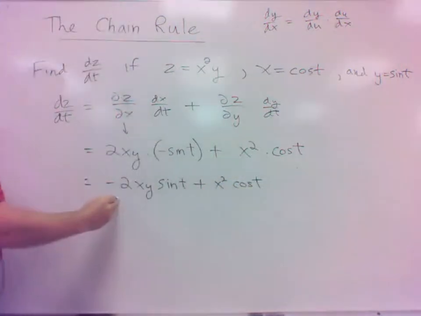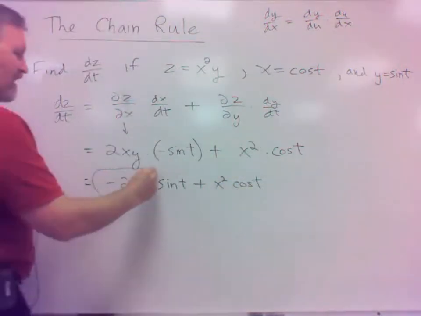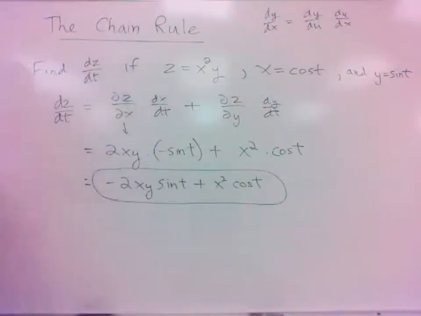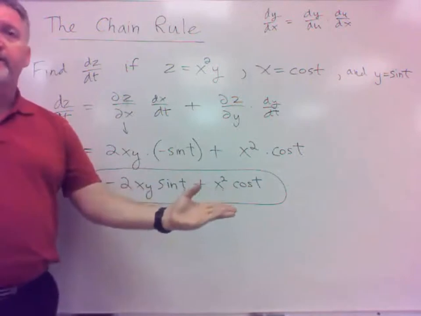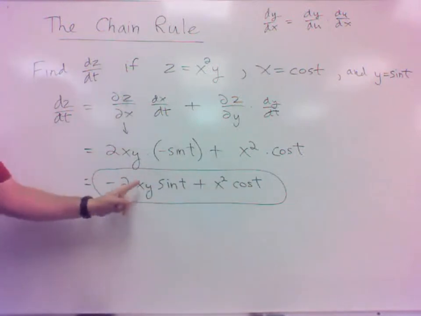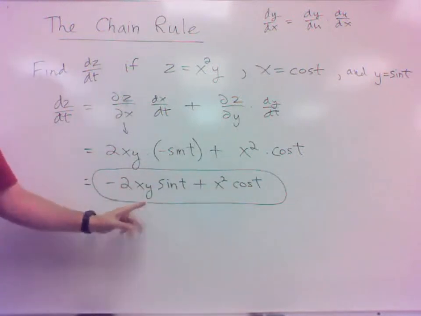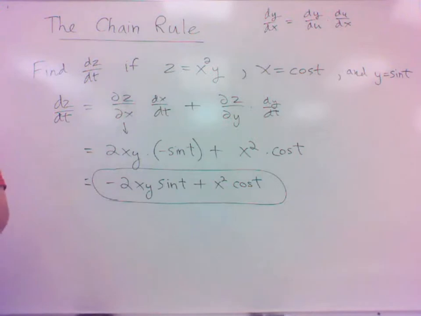Okay? Now, I think sometimes that's the way maybe they give the answer there in the book. But let me point out here too that if we wanted, we're doing dz/dt, if we wanted this just in terms of t, we could do it. You know, this still has x and y in it. But don't we know what x is in terms of t and what y is in terms of t? So if they want it just in terms of t, which I'm not sure,